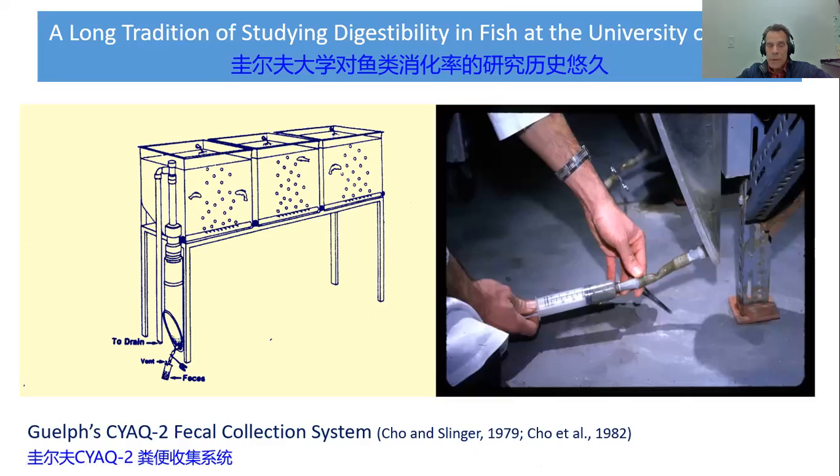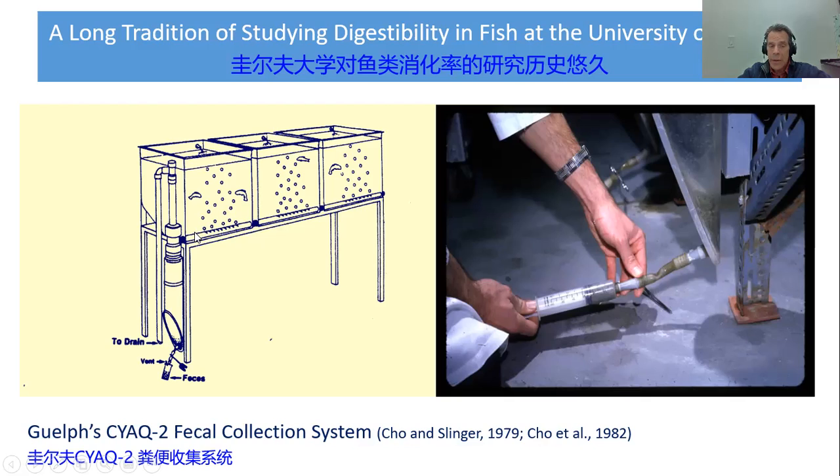The Guelph system is based on a semi-slope bottom tank where the fish are very comfortable, self-cleaning. Tanks are connected to a common drain, and there's a standpipe. The common drain has a 1.5 inch diameter, about 3 to 4 centimeters. And the standpipe is a 3.5 inch ABS pipe, so about 8 or 9 centimeters in diameter. There's a hydrodynamic principle. When the speed of the current is high, in a small volume, the speed of current is very fast.